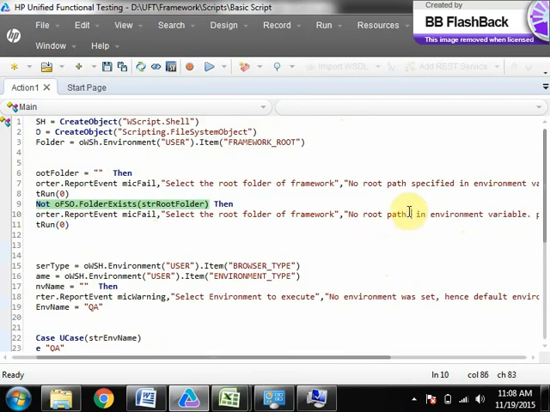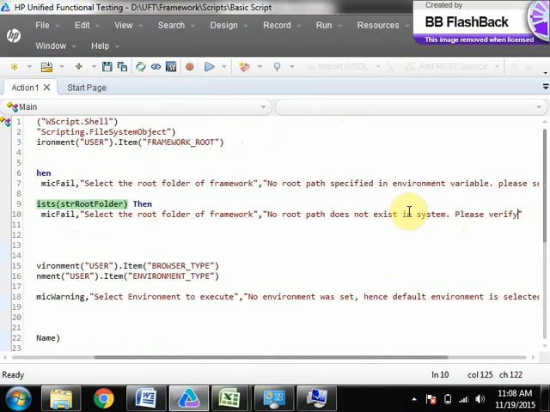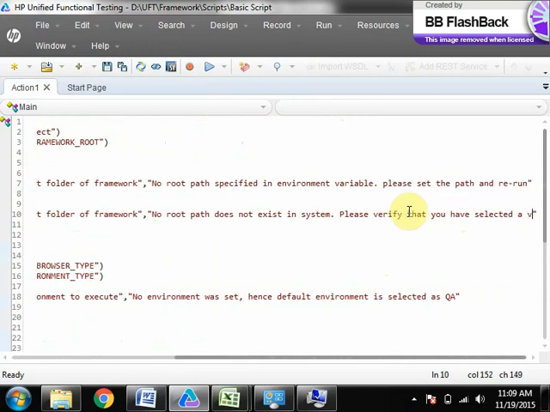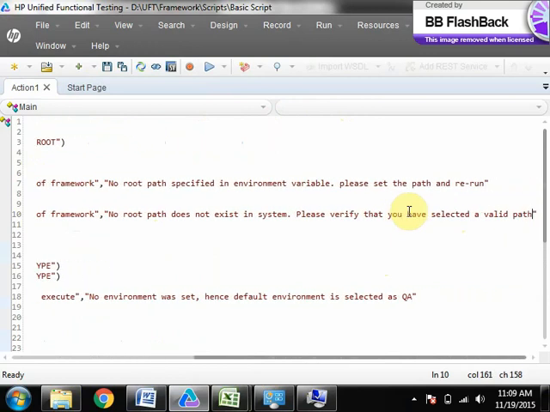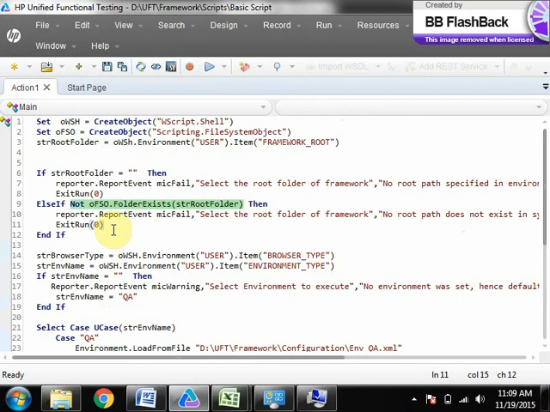Given root path does not exist in system, right? Given root path does not exist in the system. Please verify that you have selected a valid path and stop the execution. Else root path will be valid if the folder exists, and if it is not empty, then that is valid. Okay, now